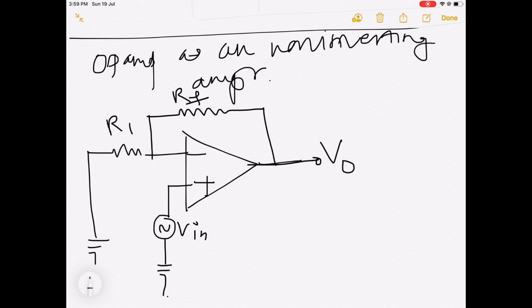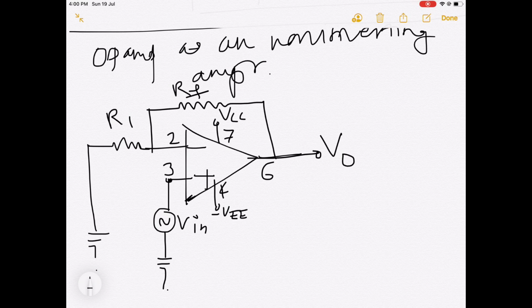So, this is a non-inverting amplifier. Then again here also we have to calculate the gain of the circuit. For calculation of gain, again we have to apply KCL, and for KCL you have to draw current directions. As your feedback is there and input is applied to the non-inverting terminal Vin, the output will be at pin number 6, this is pin number 2, pin number 3, at pin number 7 there is plus VCC, at pin number 4 there is minus VEE.